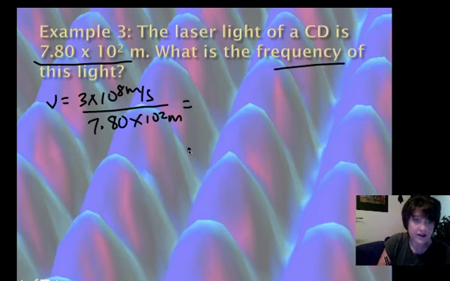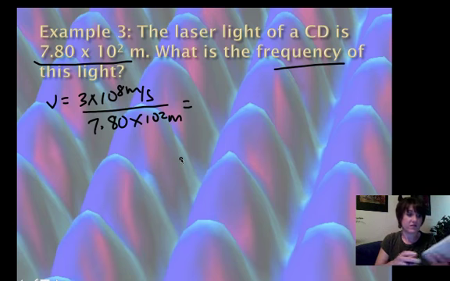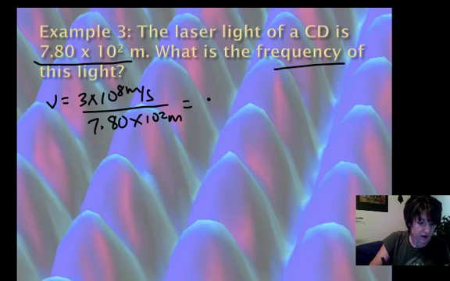And my speed of light is never going to be my limiting factor for sig figs, because it comes from more sig figs than this. We're just going to worry about what we've got for wavelength. So 3 times 10 to the 8th divided by 7.8 times 10 to the second. That gives me a frequency of